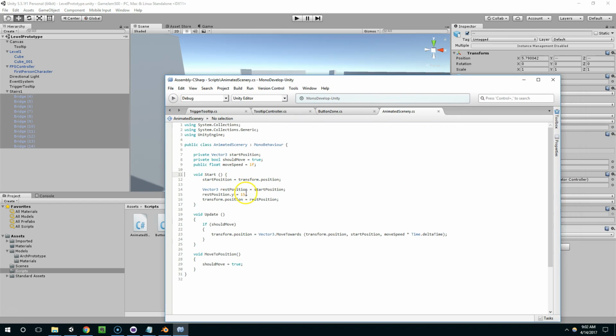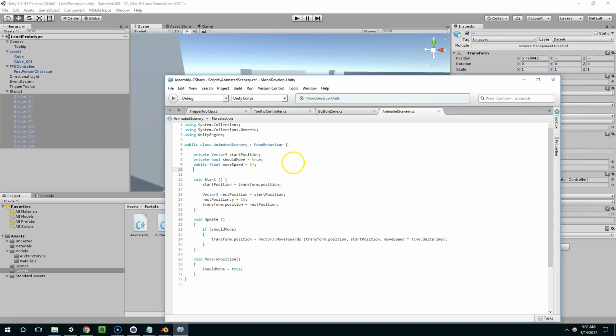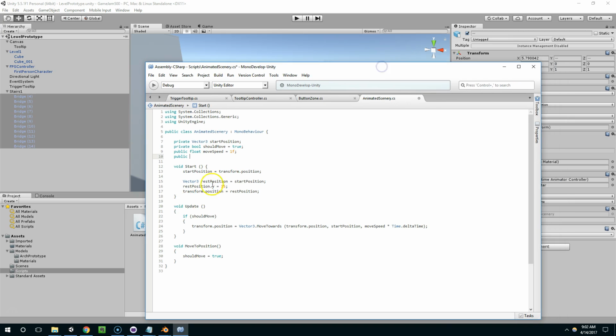I think it would look better if it came up out of the ground. And why don't we just give it a variable that we can mess with in the inspector. We don't want to hard code it to 15 every single time. Sometimes we want it to come up out of the floor, sometimes we want it to come from the side. So why don't we say public float